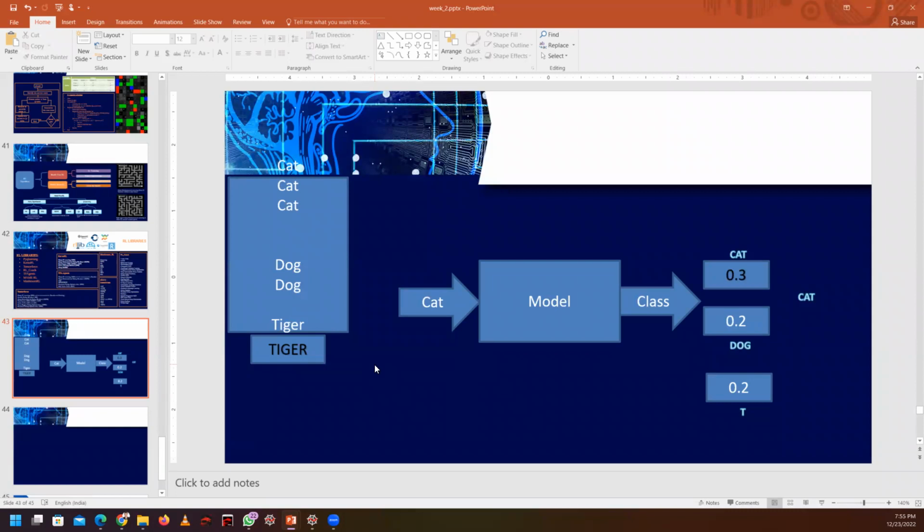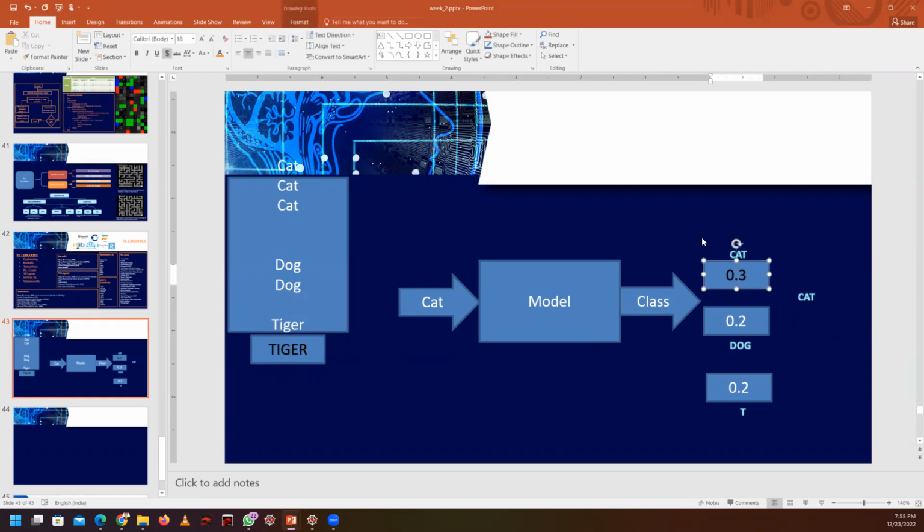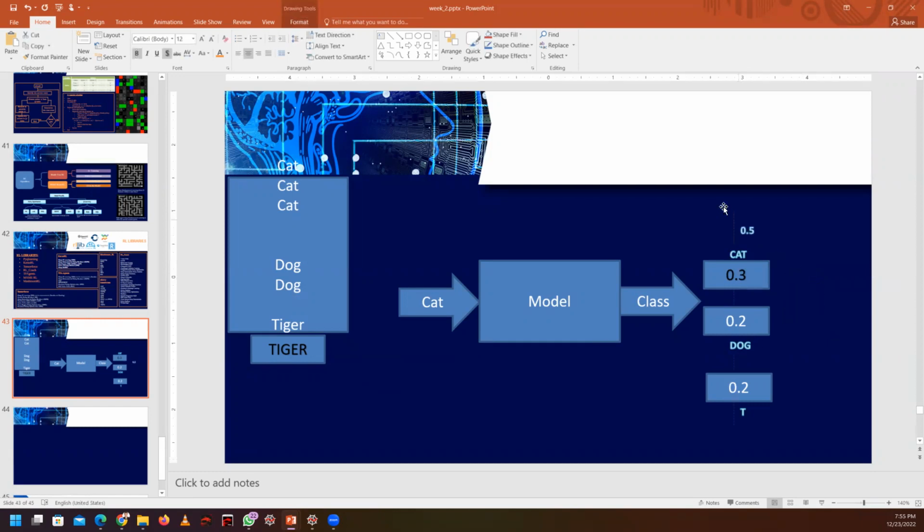It means you are intentionally misleading the system. Systems are not intelligent enough to identify all those things. Still, we have ways to do that, but we have to use some advanced techniques like transfer learning and continuous learning. We have different techniques. For example, here you have some 0.3 and 0.2, right? Here you can have a threshold value of 0.5. Means here you have set a threshold of 0.5, and you are intentionally instructing your system.